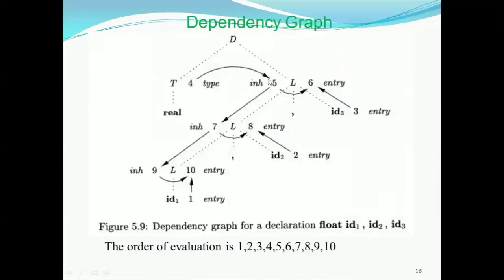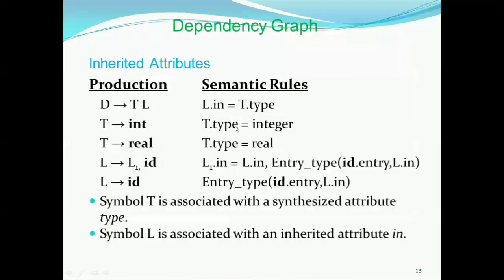Once I enter into the symbol table, when I come to the next level, I can make an entry into the symbol table because I got the value of ID from the lexical analyzer, but I don't know the data type of this particular L. So how am I going to get this value? I'm going to get the value from this particular L. That's why we write one more semantic rule at this particular node, that is L1 dot inherited is equal to L dot inherited.